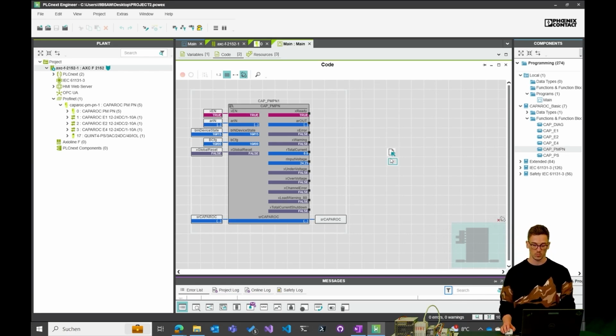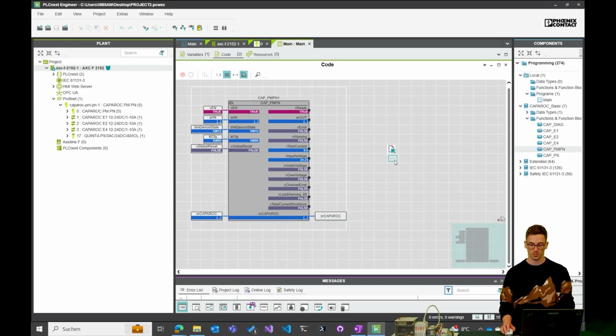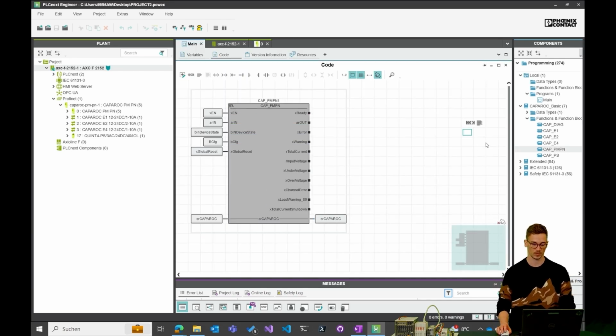Let's move over and let's go on with the other function blocks. So now that we are getting the data from the Caparog PMPN head module, we also want to get them from the circuit breakers.